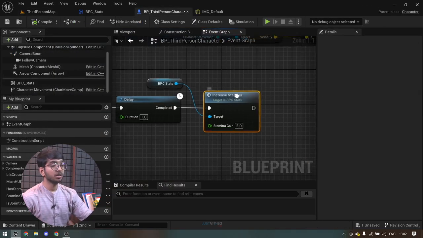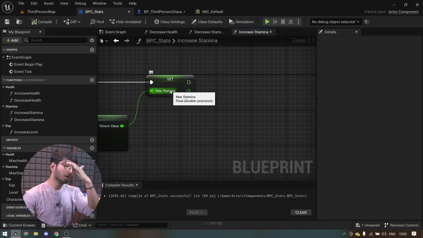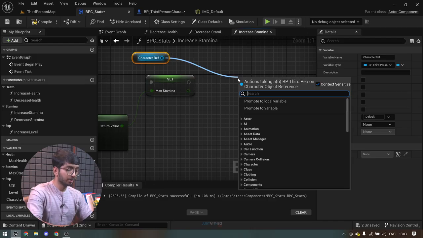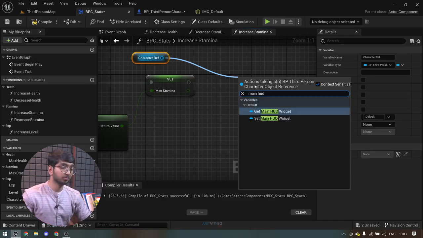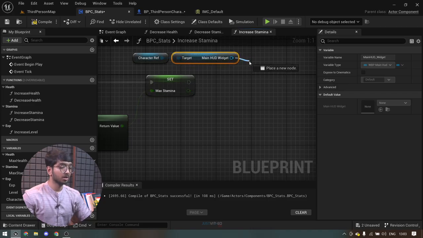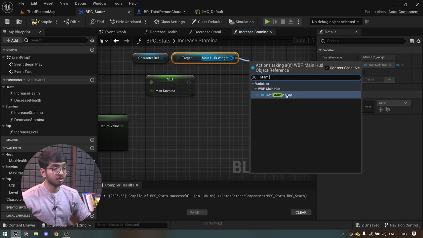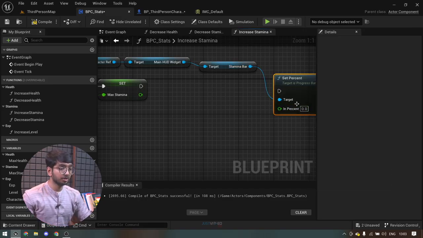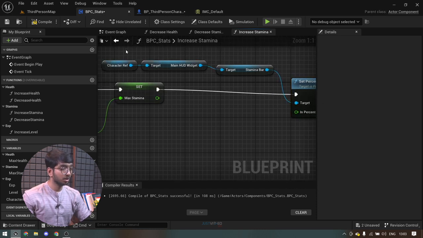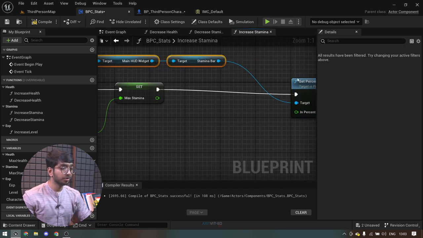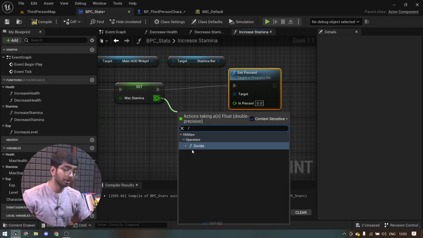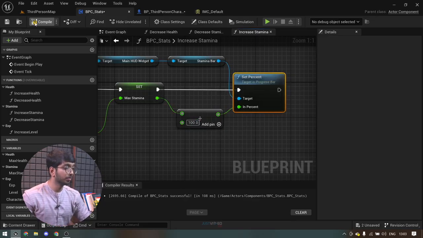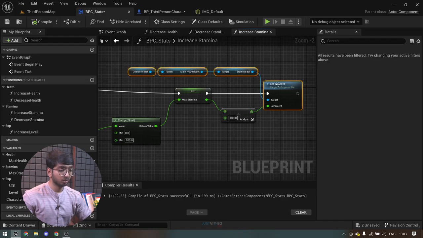Our stamina is increasing, but we haven't updated it in the increase stamina function, so that is why we were not able to see. From the character ref, we'll call for main HUD, get main HUD widget, stamina bar, set percent, and the in percent is going to be divided by the max stamina after we have divided it by 100. We'll compile and save it, and I'll again do this for the